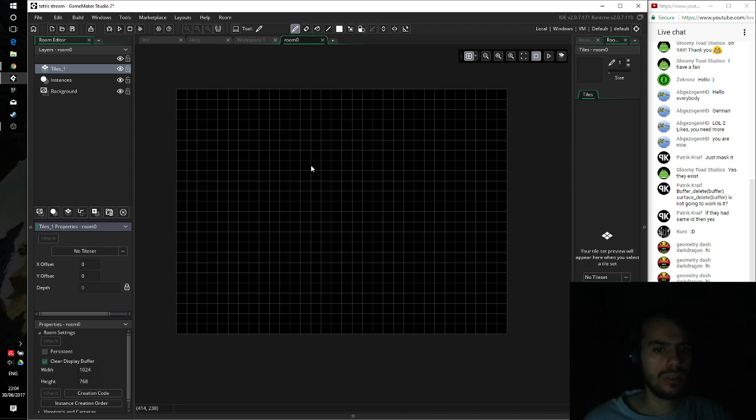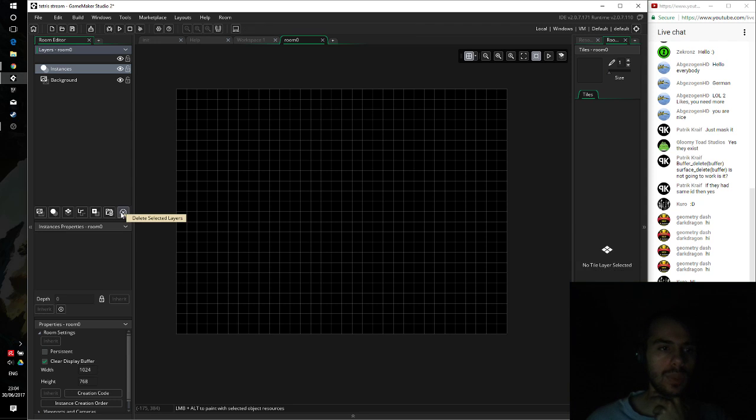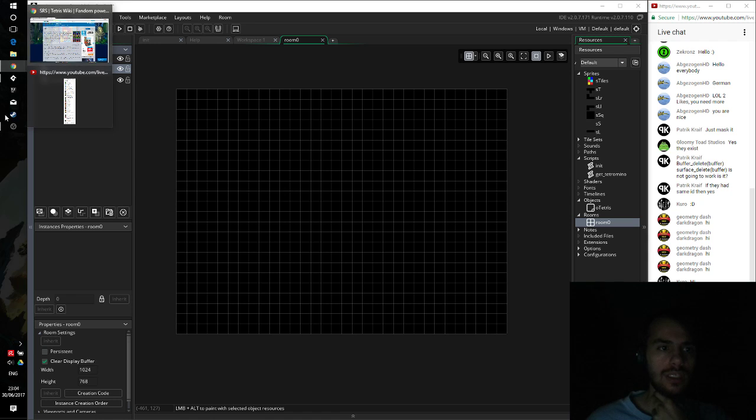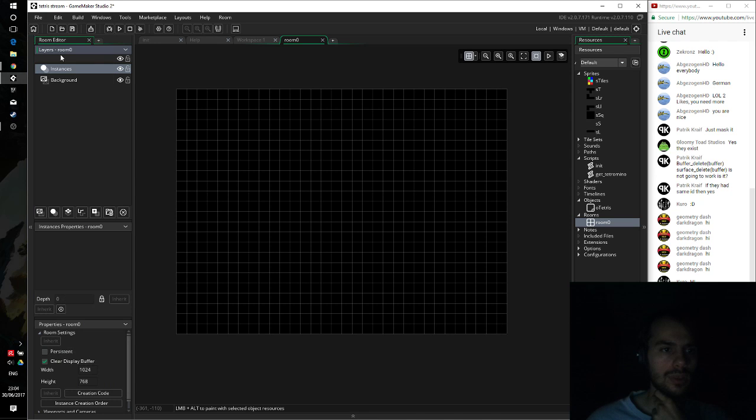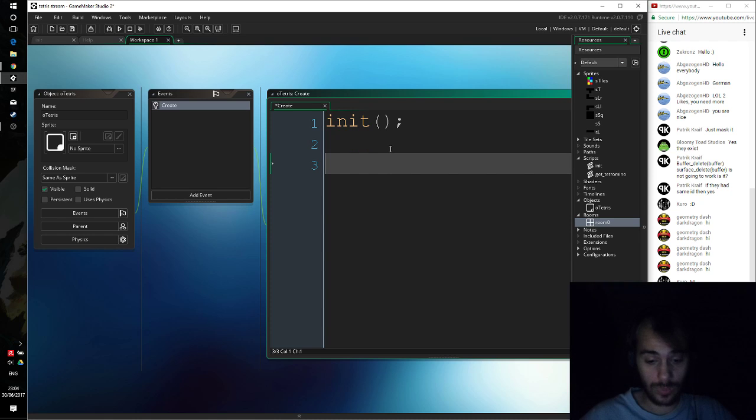So how wide is a Tetris grid? Do you guys know? If you know, you tell me in the comments. I don't actually know, because that would be really good to know. Actually, I could probably create a tile instead of using the room tile set. I'm gonna create one in here. So